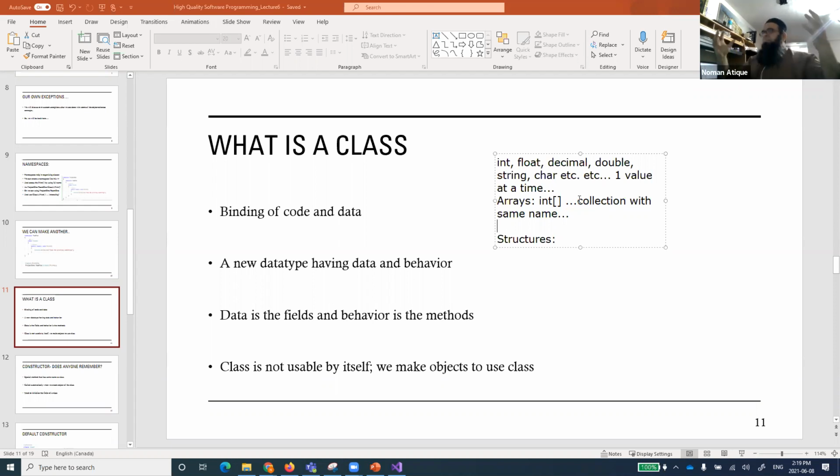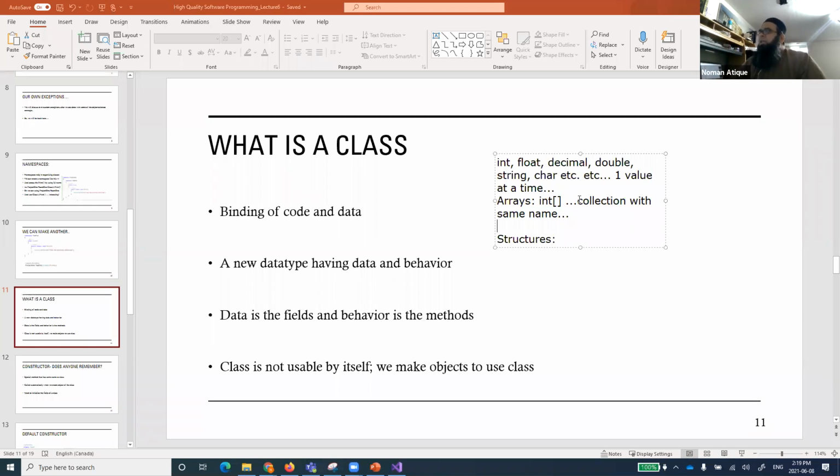Do you understand the importance of arrays after discussing integer and everything? Because integer and float could accommodate only one value at a time, and we were not satisfied with that. We wanted a data type where we can store multiple values at a time, so we came up with the idea of arrays.